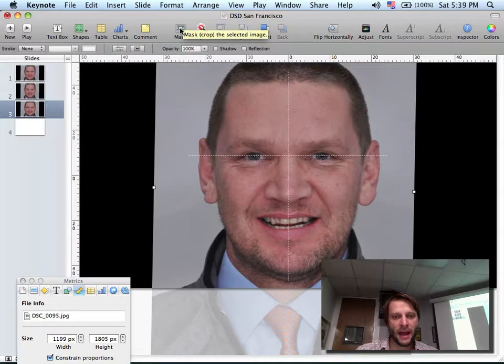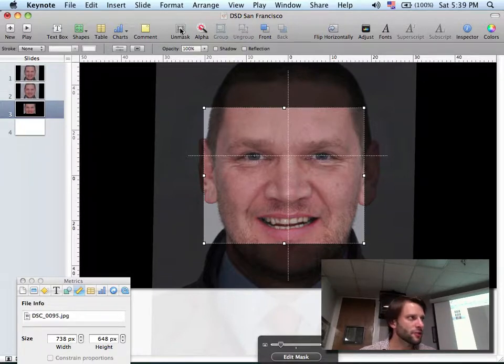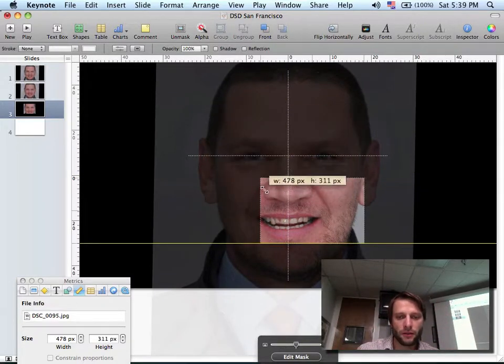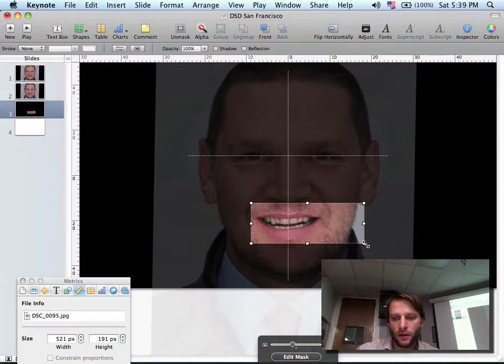So you click on mask and it will create a frame on top of the picture. Now we can move this frame and size this frame as we wish, and I want to make the frame just to see the smile, so to outline the lips. So I bring one corner over here and I bring the other corner over here,